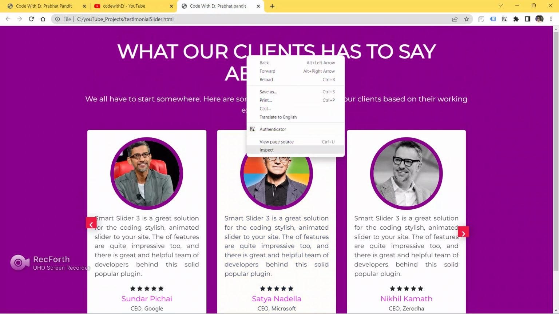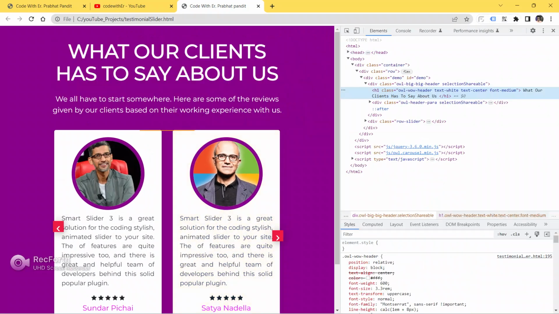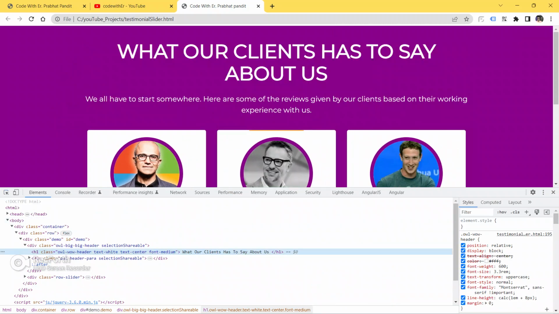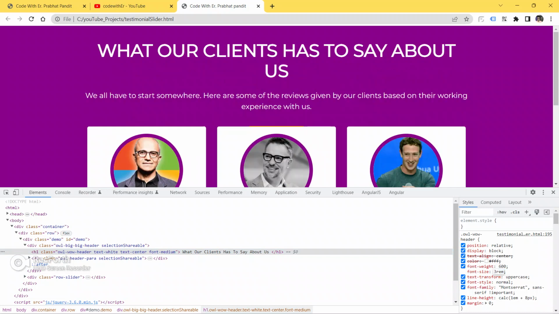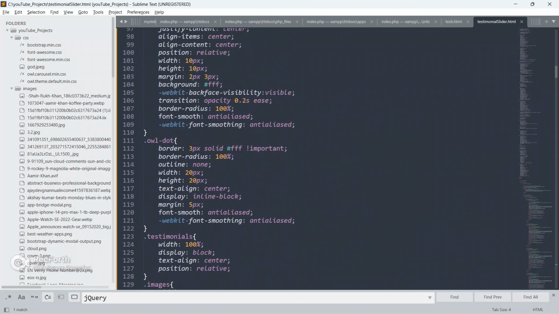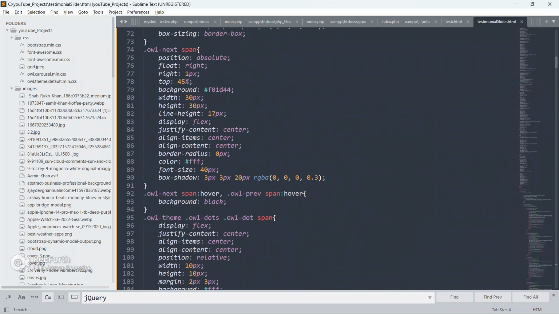See, so now we have to decrease the font size. We have to decrease the font size. Okay, so make it 3, go to the